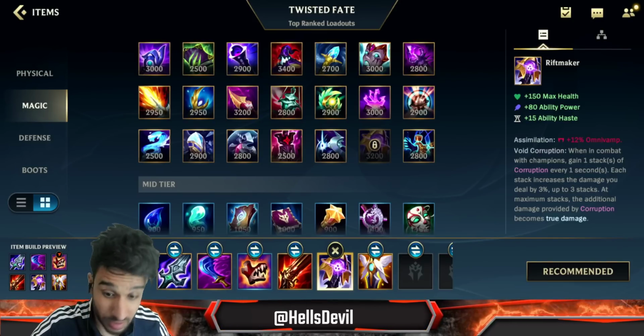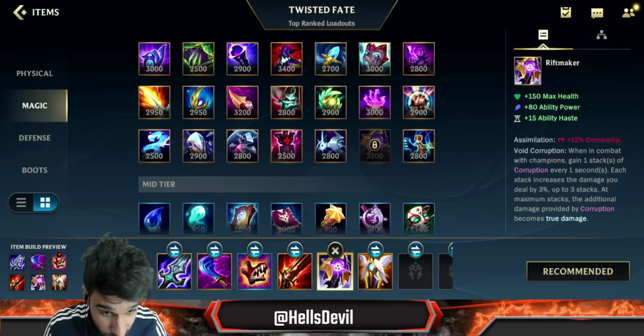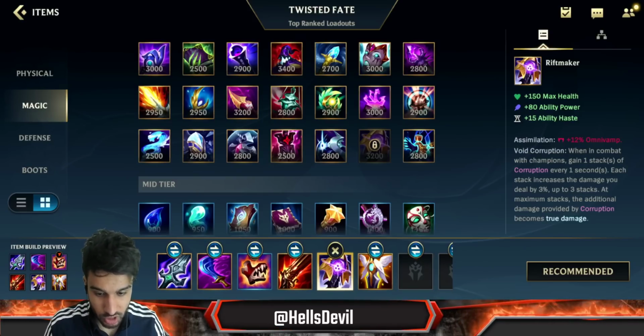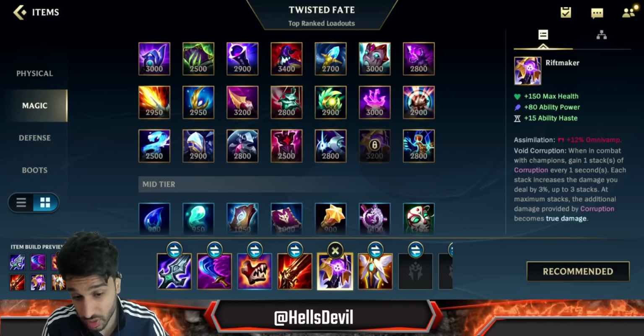Now next up, this is an interesting item because I was like, wait, what? Riftmaker? Really? But yes. Yes, oh boy, yes. Riftmaker as a 4th item allows you to demolish tanks. Basically with this build, you're already gonna do good damage against squishies. But against tanks, you are gonna do percentage HP damage,